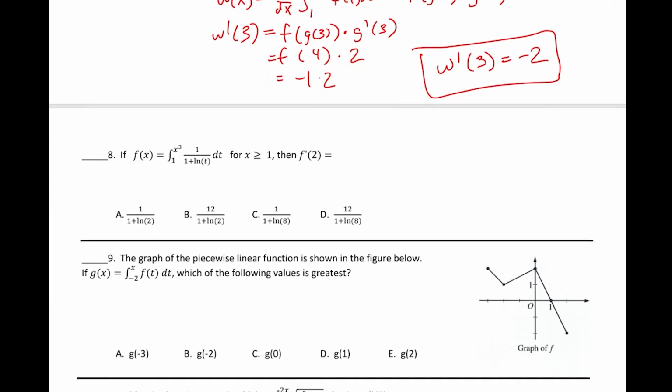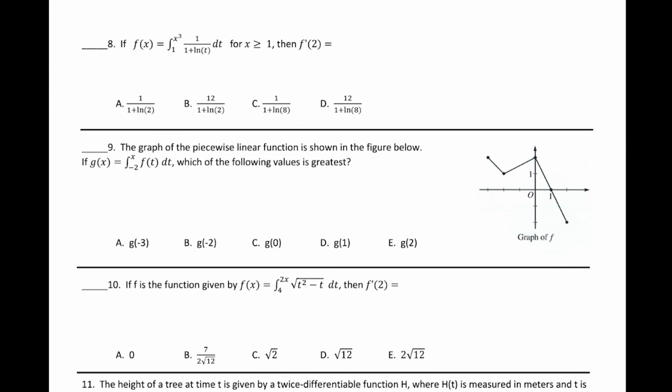Okay, number 8. It says if f of x equals this integral, then what's f prime of 2? So we are going to need to differentiate. So let's first find f prime x. That's going to be 1 over 1 plus the natural log of x cubed. Notice I just took that upper bound and plugged it into t, times the derivative of that upper bound, which